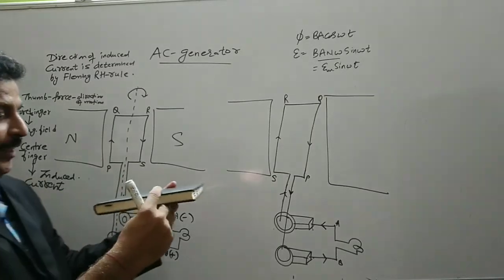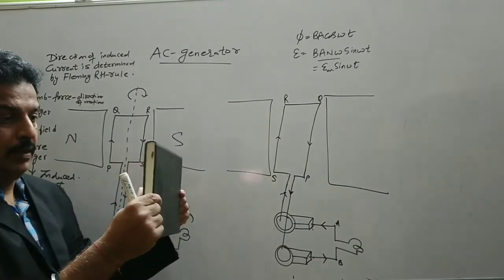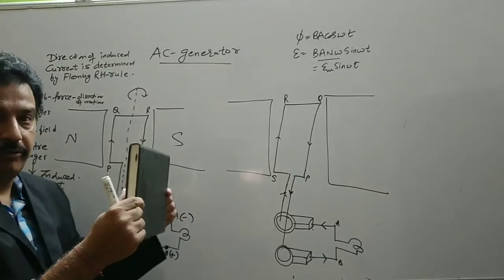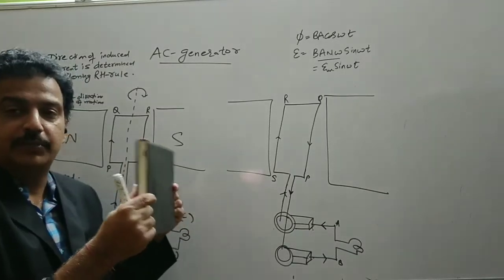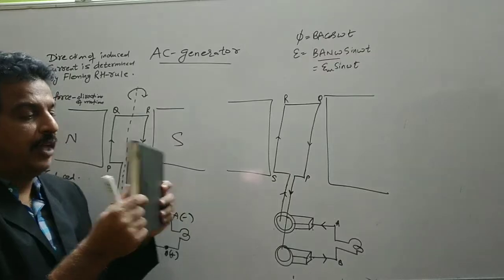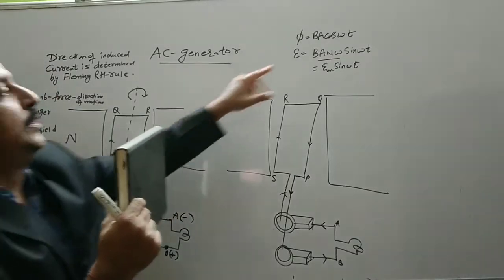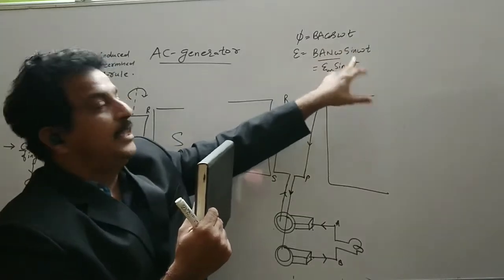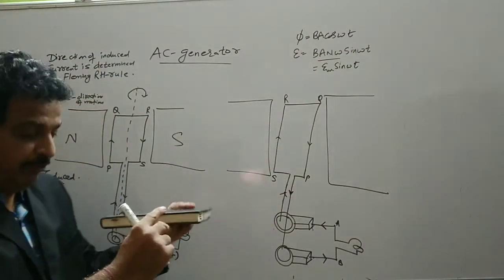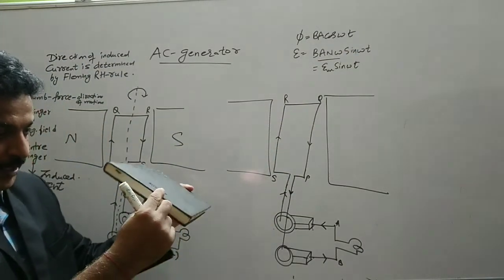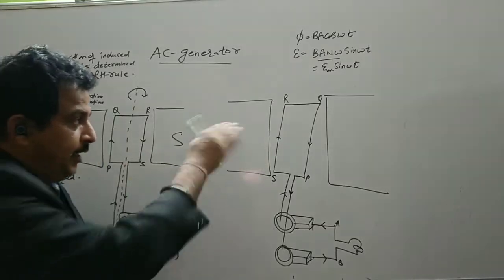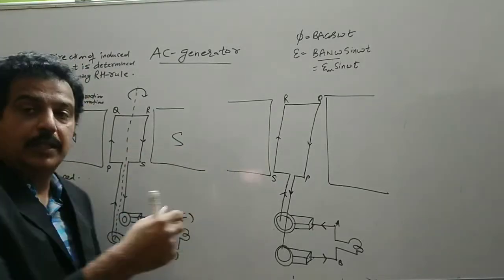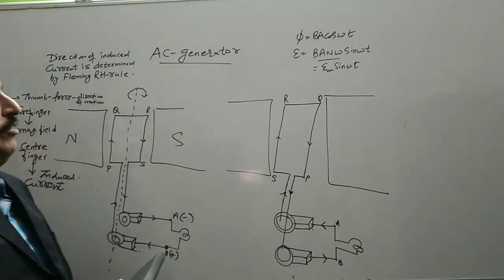Now after 90 degrees, flux becomes maximum. Flux maximum means theta is 0, so cos 0 is maximum and the EMF induced is 0. When we rotate from 0 to 90 degrees, we will see after this diagram how the graph is formed,